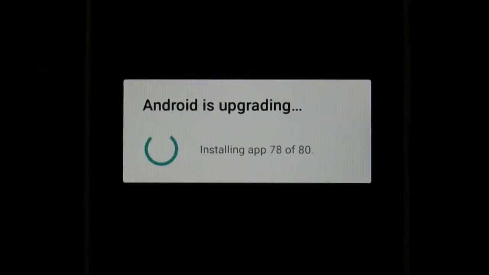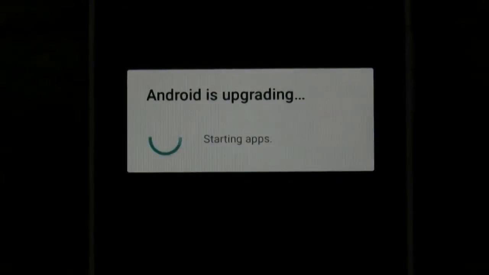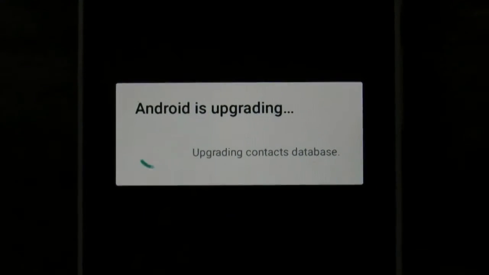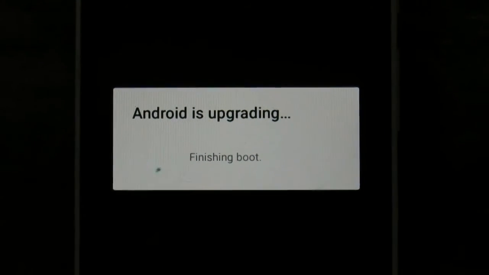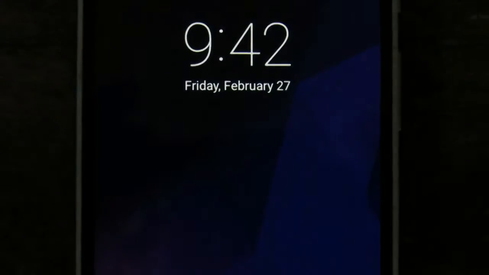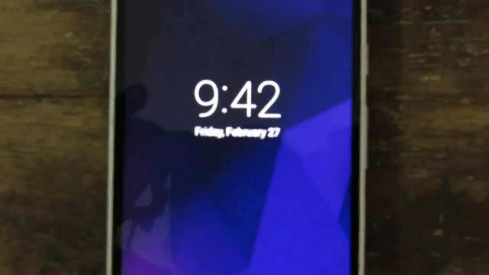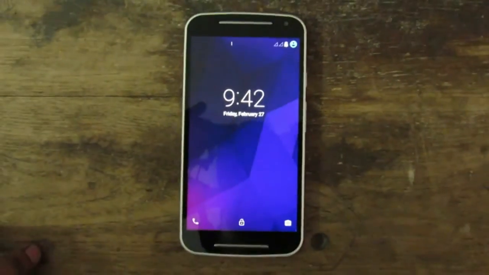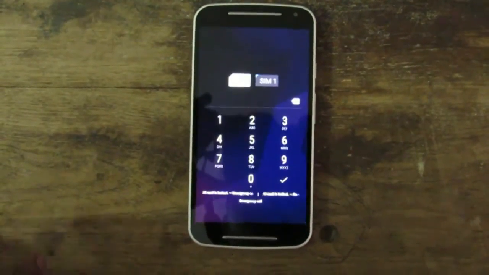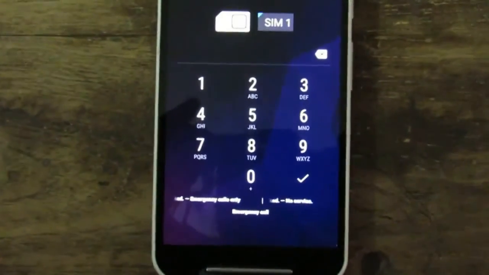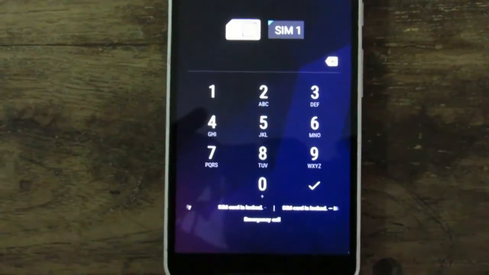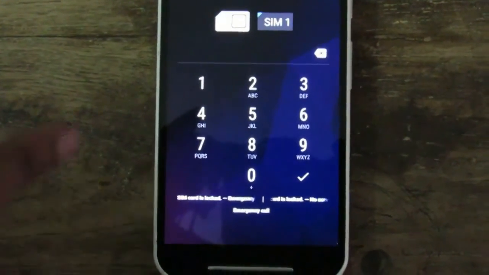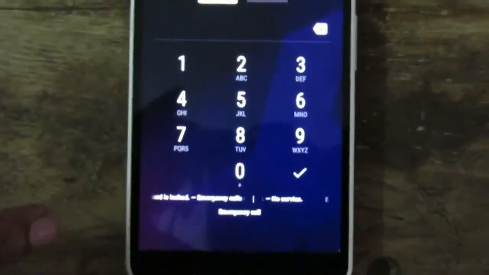And check if you get the network or not. Once it reboots, just wait for a few minutes so that you can understand whether you will get the network or not. Here you can see I have locked the SIM.